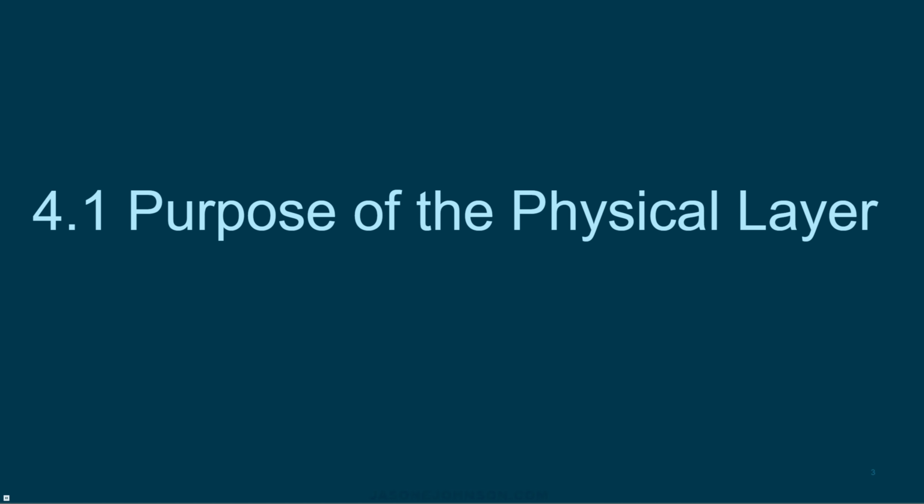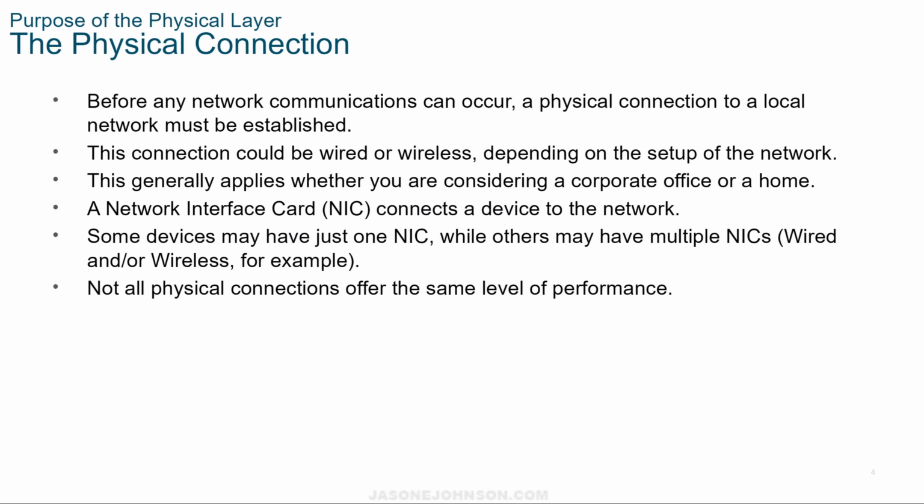So what is the purpose of the physical layer? The physical layer allows us to send ones and zeros from one device to another. So before any network communication can occur or take place, a physical connection to a local network must be established, or a wireless connection must be established. So it can be wired or wireless, but a connection does need to take place for those bits to be